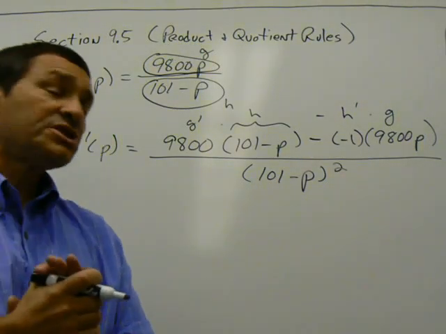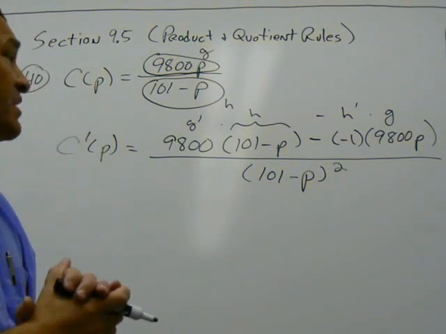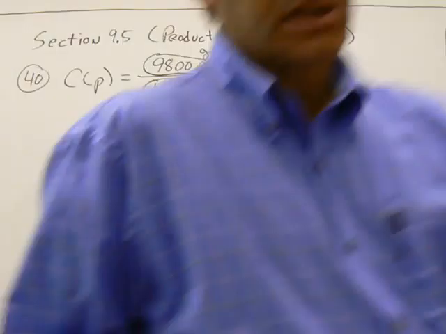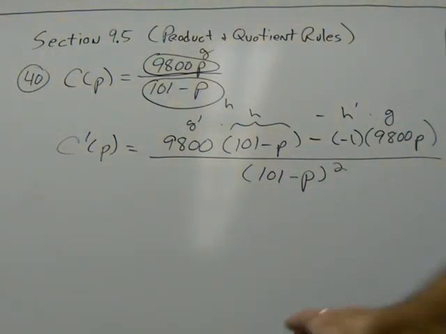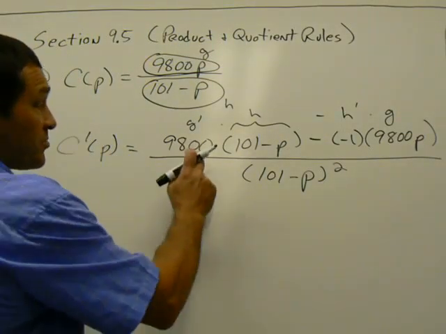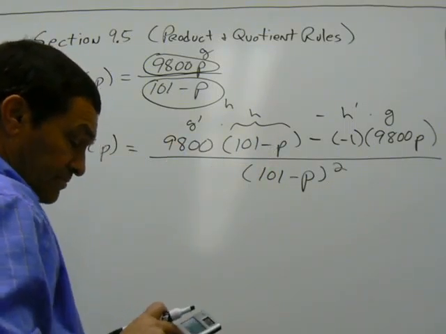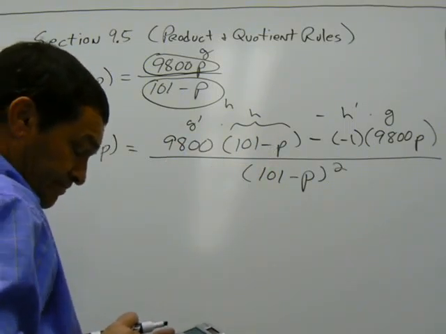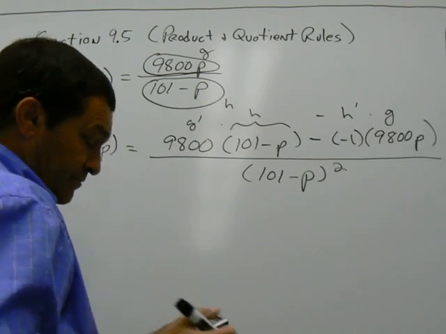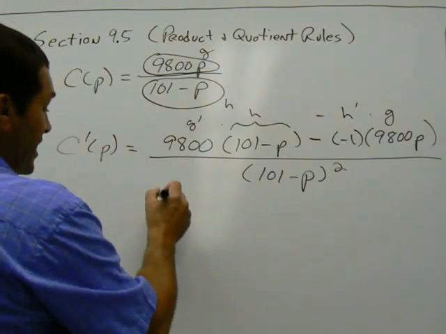And what the book will want you to do is to simplify that a little bit. This one is not too awful hard to simplify. You might want to get a calculator for part of it. Multiply in the numerator the 9800 times 101, and get 989,800